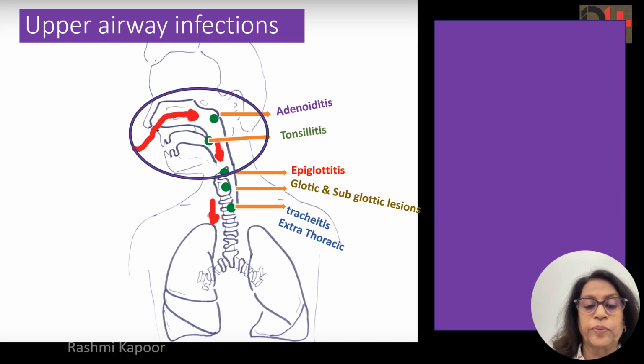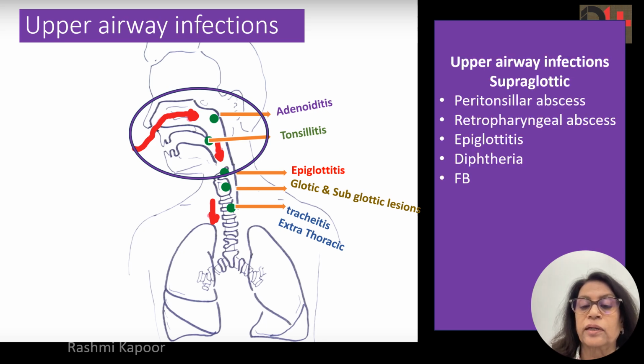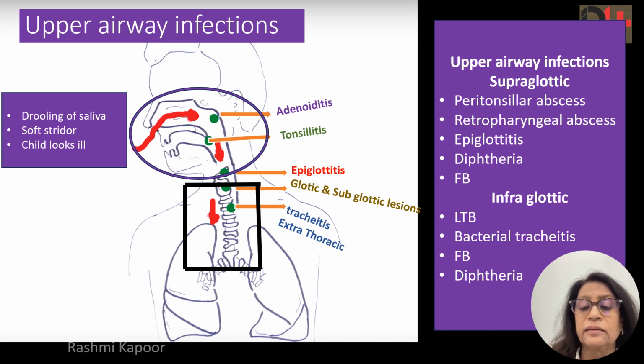So this is the supraglottic region, and the upper airway infections in the supraglottic region are the peritonsillar abscess, retropharyngeal abscess, epiglottitis, diphtheria, and foreign body aspirations. Then the symptoms typically are drooling of saliva, soft stridor, and the child typically looks ill because they are all bacterial infections. This is the infraglottic region, and the lesions are LTB, that is laryngotracheobronchitis or croup, bacterial tracheitis, foreign